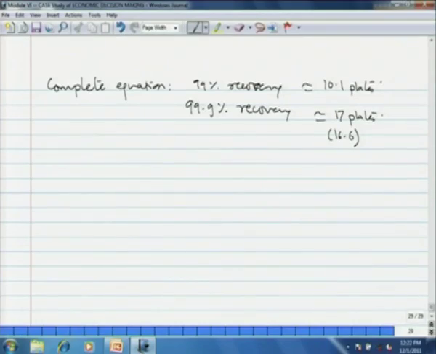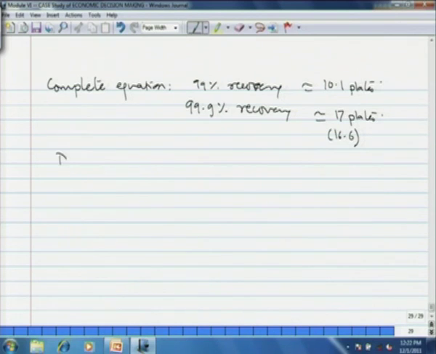Now, in the present situation, the cost of absorber will be determined mainly by the number of plates, because number of plates will determine the height of the absorber. The diameter will be determined by some other factor that we are going to see later in the shortcut design procedure. So, this is how we have designed the main equipment of the process using a simplified expression. Now, we can